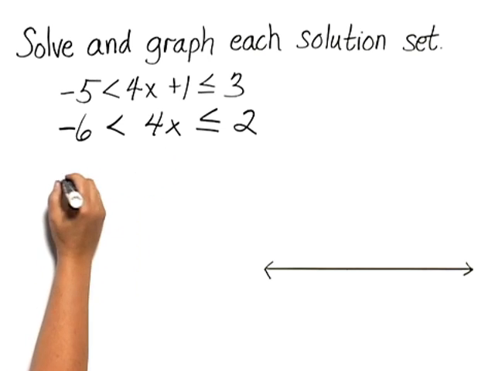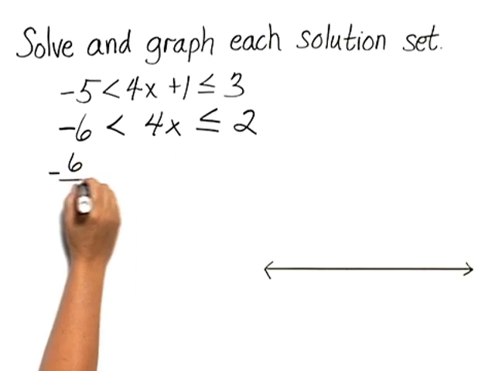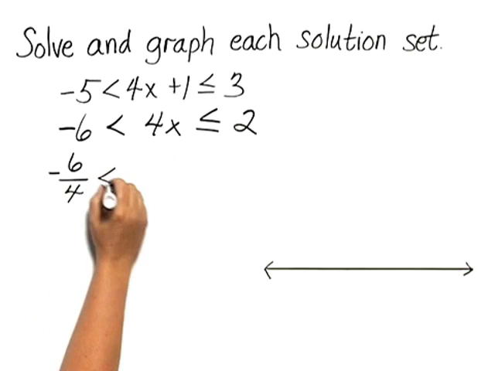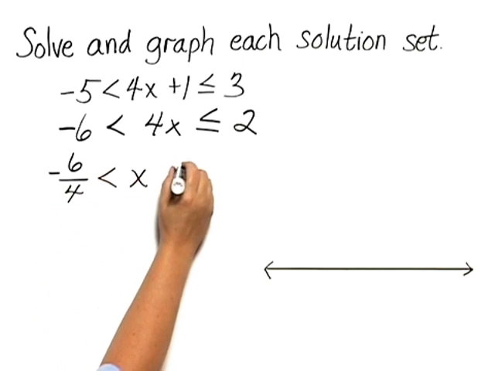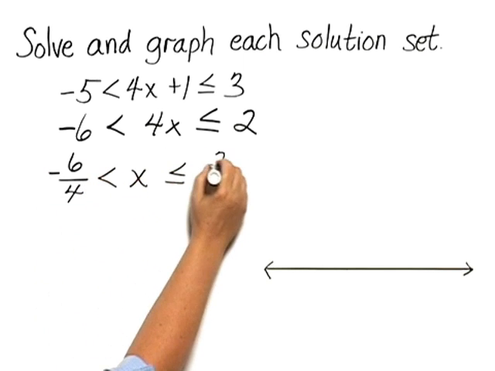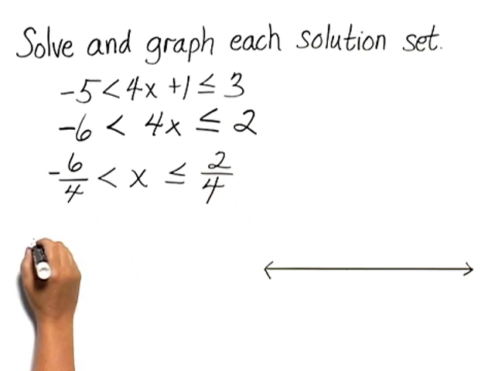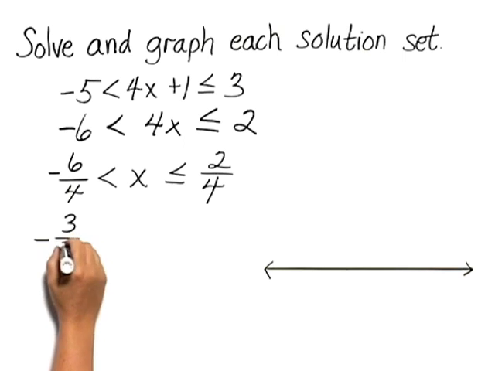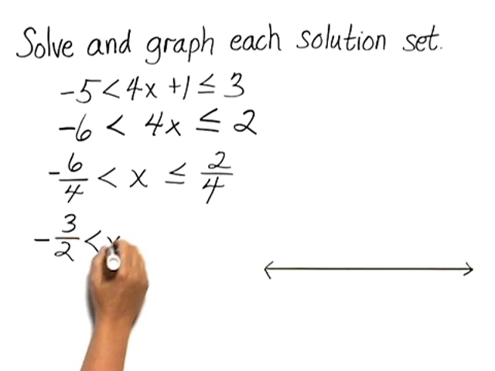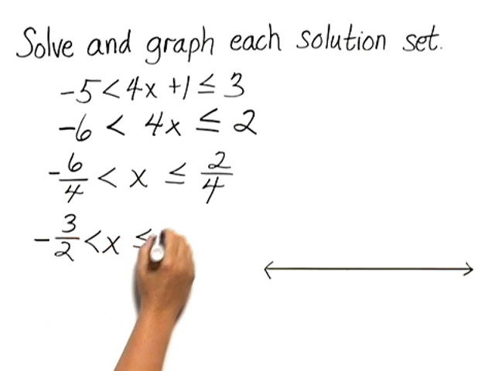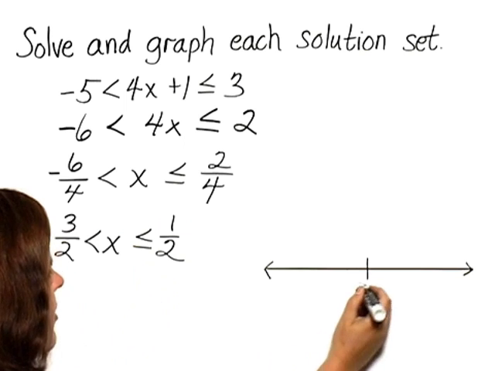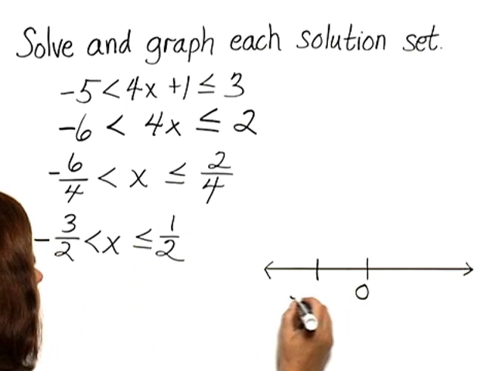I have negative 6/4 is less than x, and x is less than or equal to 2/4. And these can both be simplified to give me negative 3/2 is less than x, and x is less than or equal to 1/2. So I can graph this on a number line by marking off a point for negative